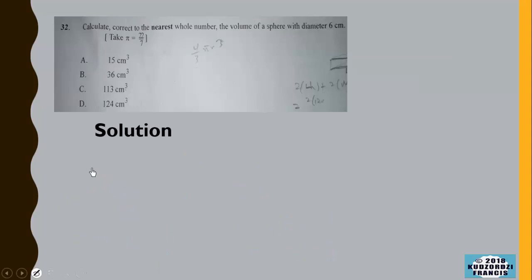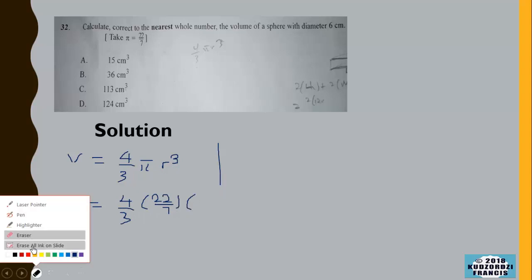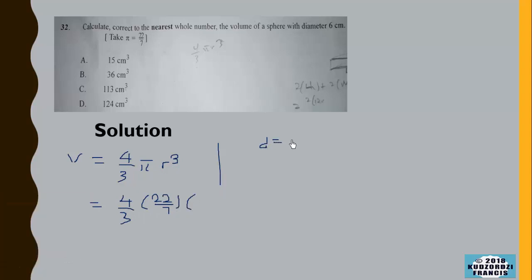So we have this. Now the volume of a sphere is given by 4 over 3 pi r cube. So we just sub in the values. So we have 4 over 3. The diameter was 6, so the radius will be 6 divided by 2, which is 3. So we just sub in that over here. So if you simplify this, we are going to get,